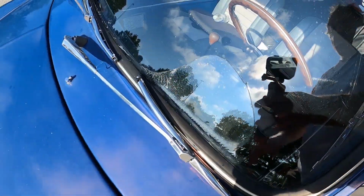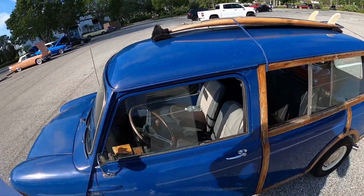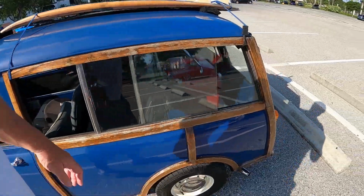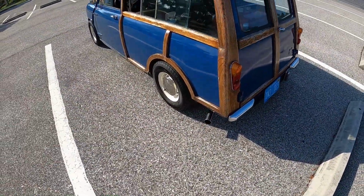Looks like the window's cracked. Probably can't get a window for this. It would probably have to be custom built. They even have a tiny surfboard on there. That's a tiny surfboard. I think that's a dog surfboard. That's really small. I think the biggest thing on here is the actual tailpipe,